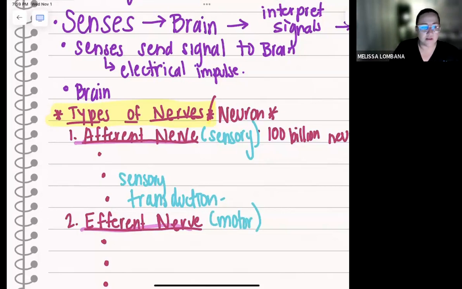So I hope you wrote that all down. So afferent gets it from the senses to the brain. Efferent nerve sends it from the brain to your muscles, basically, in order to respond to whatever the afferent said. Then we have what's called the